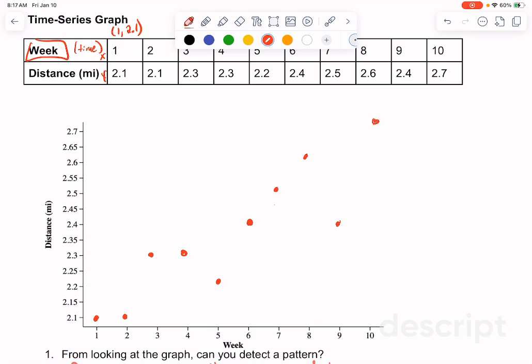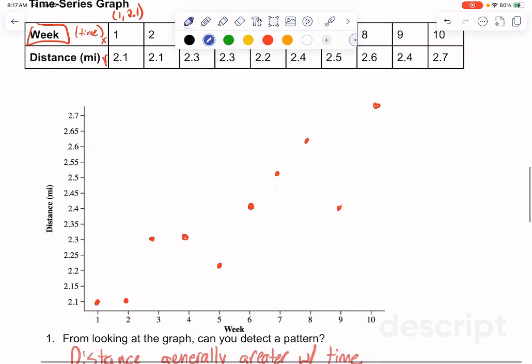So once you have all your dots graphed, you're going to connect them from left to right across the time axis. So as I go from left to right on the time axis, just connect those dots up, connect them in order. So that time series graph shows us the trend of what happens as time goes on.